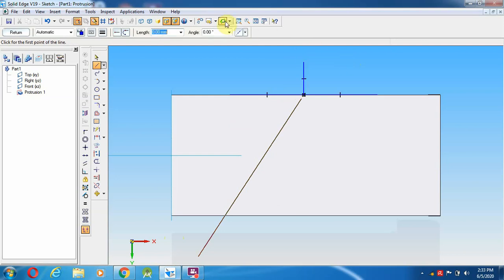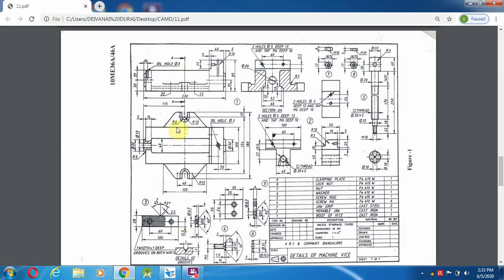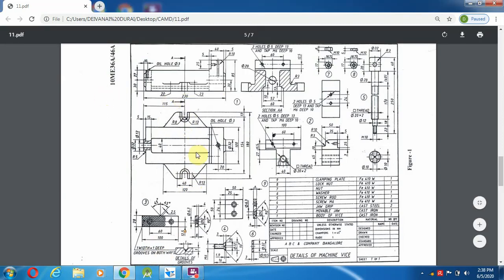After making this, I am going to give fit, and from here to the right side, how many mm on the left side, those things I am going to draw. So from here, 8 mm distance. Now we are going to move from here to radius 8 mm.